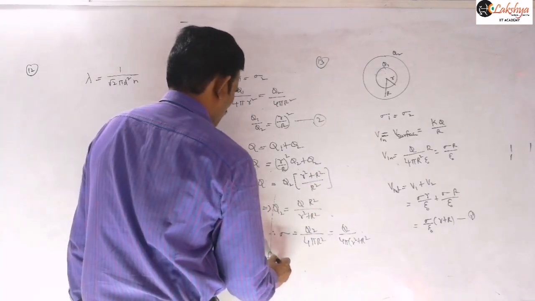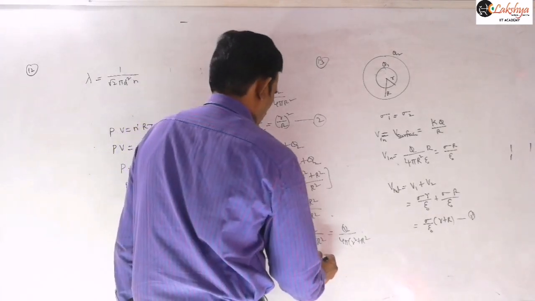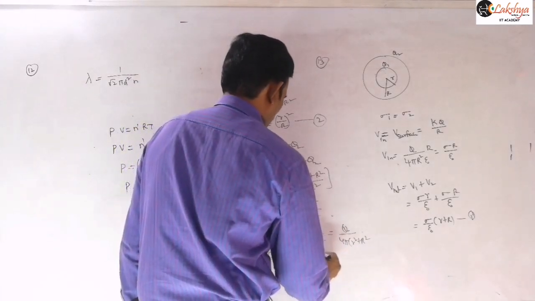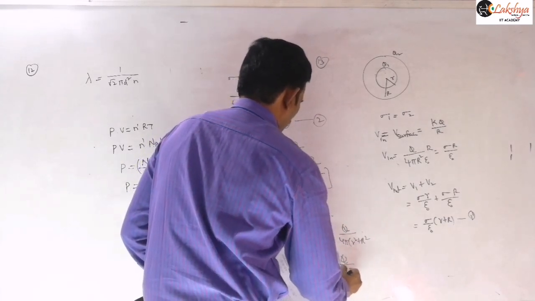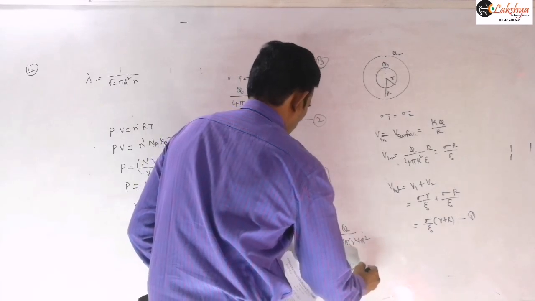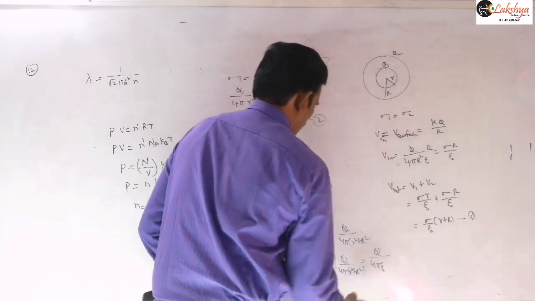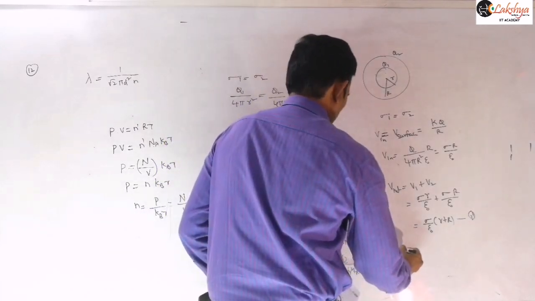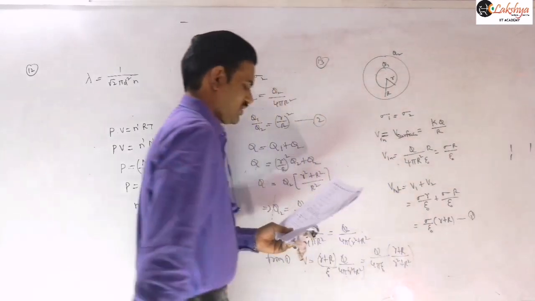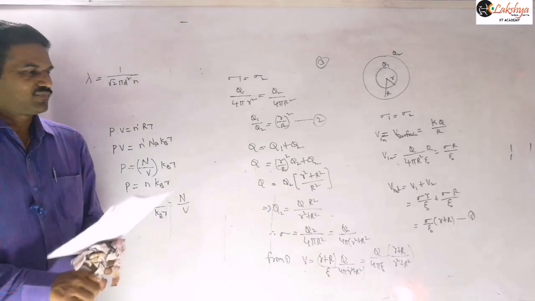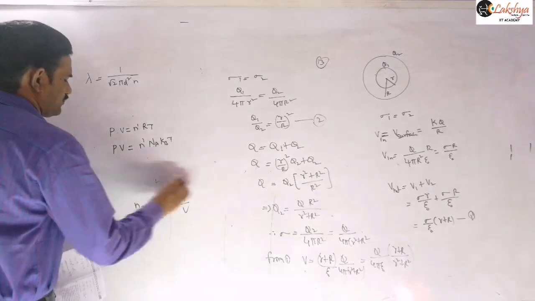Therefore from equation 1, that potential is equal to r plus capital R by epsilon naught into this q by 4 pi into r square plus R square. So finally what we can write there is q by 4 pi epsilon naught into r plus R by r square plus capital R square. So that will be the expression for this potential at the common center in terms of this q.